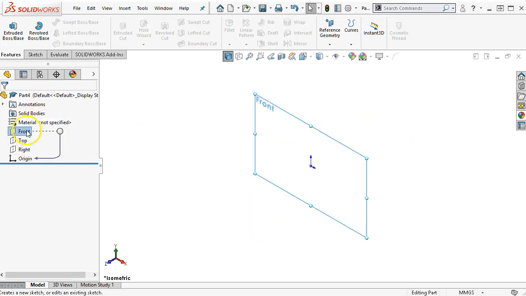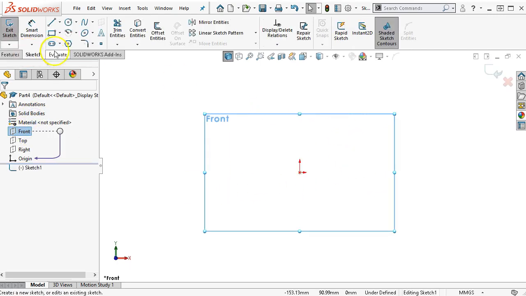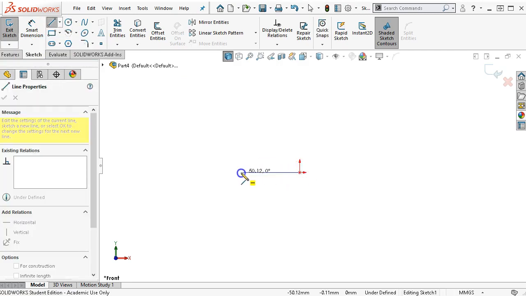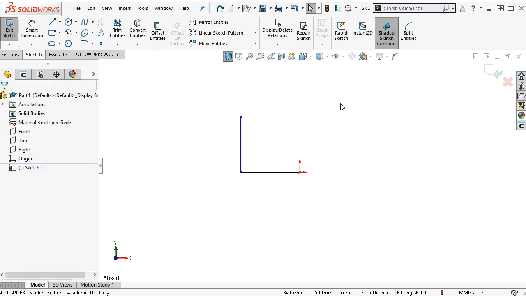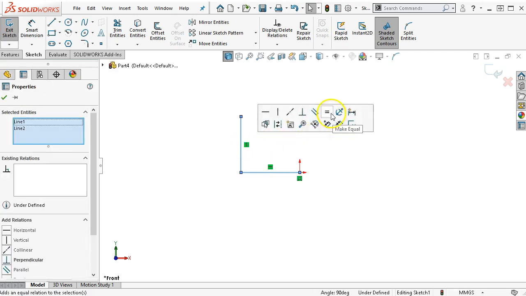So opening up a sketch on the front, and let's just start with the L. Alright, so one process would be to set these to equal,